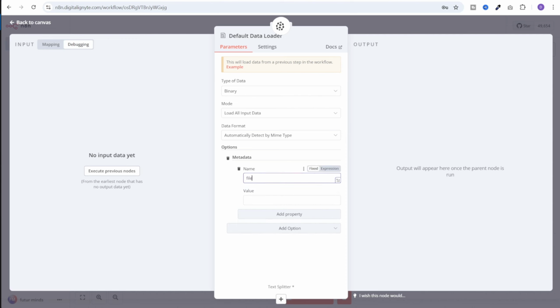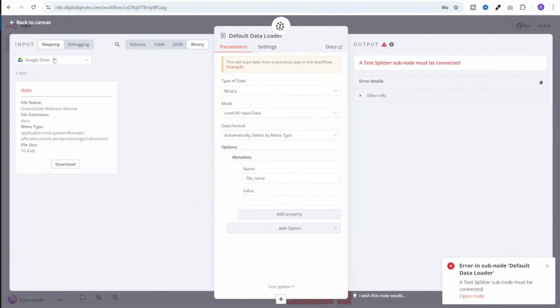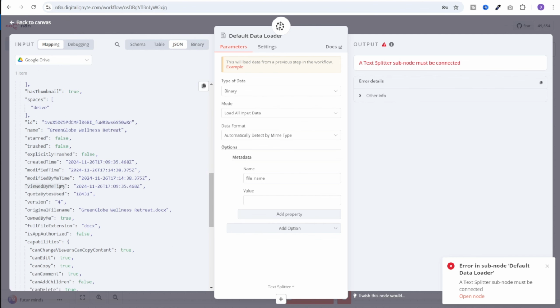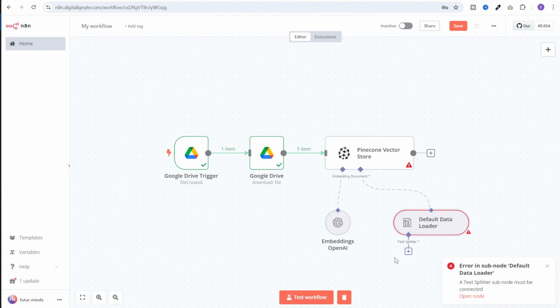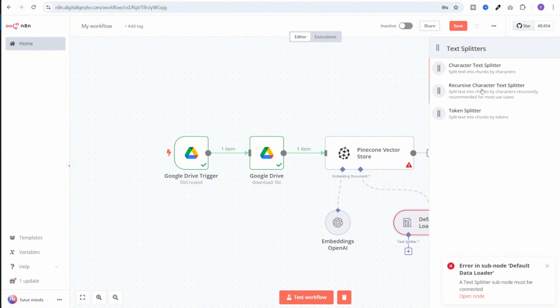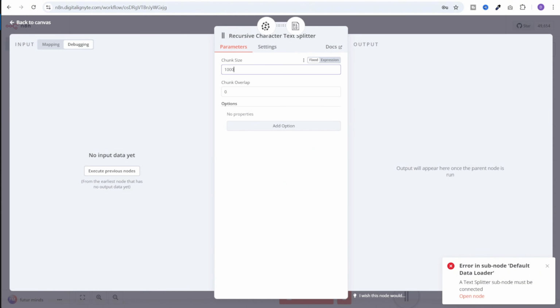So I'll add a property, file name. And here we can give the name of the file. I'll go to mappings, select the Google Drive node, click on JSON, and here I'll get the file name. I'll drag and drop it here, and now we have the file name as the metadata. Now we need to select the text splitter. Here I'll select recursive character text splitter. The file that I'm uploading is really small, so I'll just keep it 1000 and I'll make the chunk overlap as 200. If your file size is really huge, you can increase the chunk size and change the chunk overlap